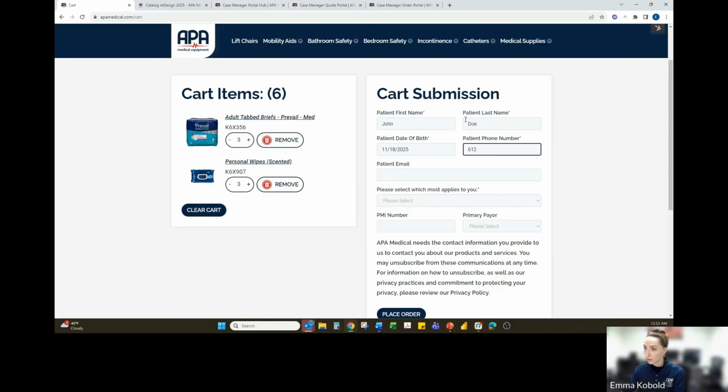We'll put in a phone number for John Doe. Go through that. Patient email isn't required, but if they do have one, it does make it a little bit easier to get in touch with them if we do need to ask them additional questions, like who is your doctor, do you have a prescription, stuff like that. And then